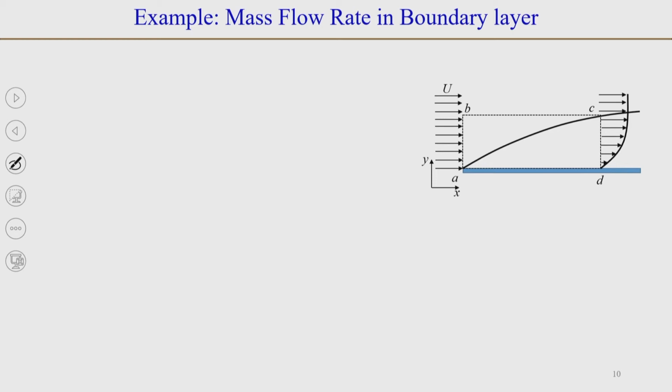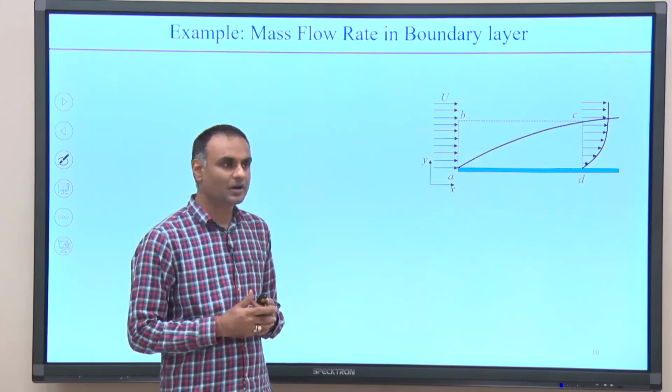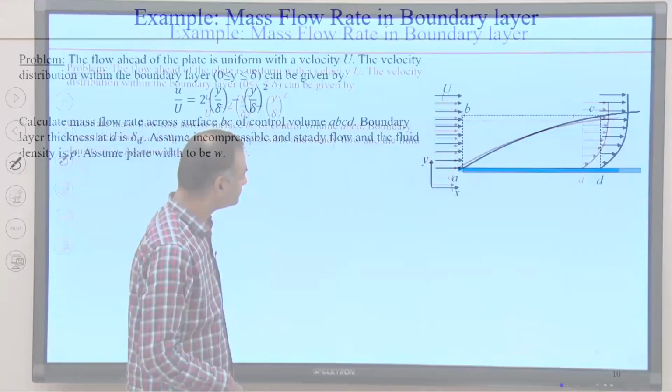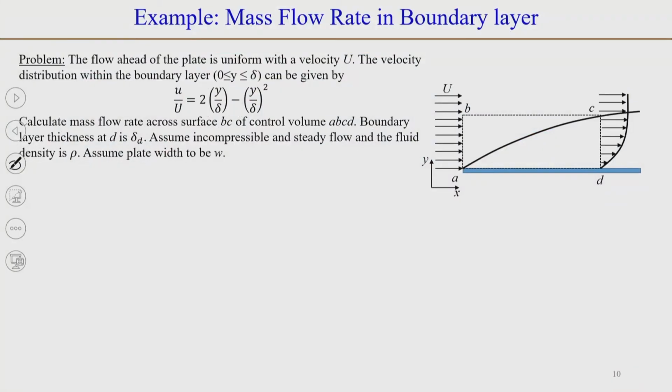We have already discussed what is a boundary layer. Boundary layer is the layer near the wall in which the viscous effects are important. So, when you have flow over a flat plate, as has been shown here, when the uniform flow enters over this plate, because of the no slip boundary condition at this wall, the velocity at the wall will become 0 and there will be a gradient in velocity inside the boundary layer. As you go above the boundary layer, the velocity becomes uniform. So, it has uniform velocity.